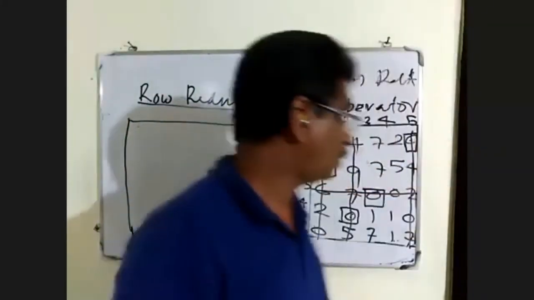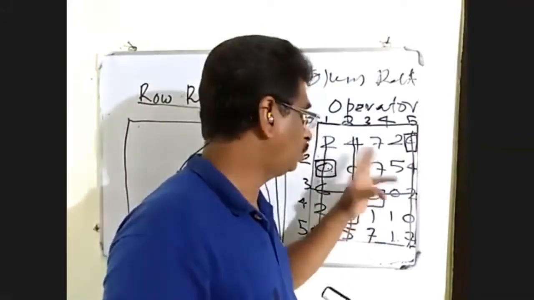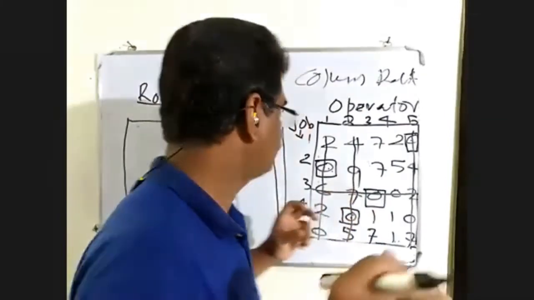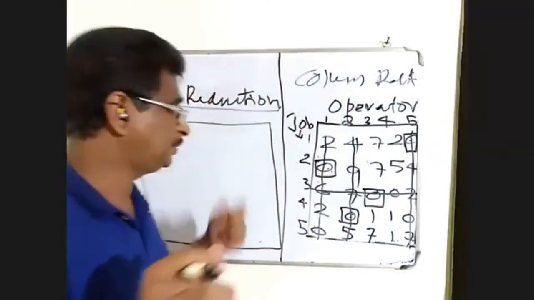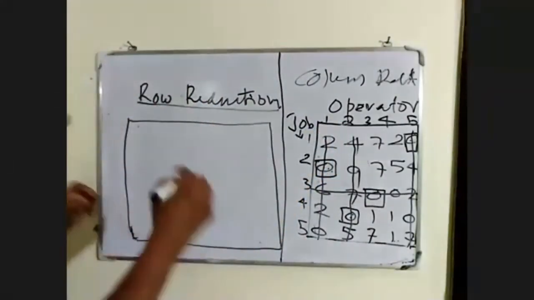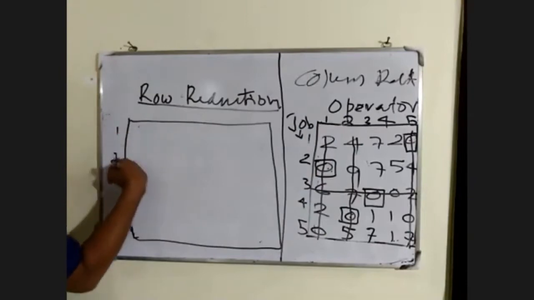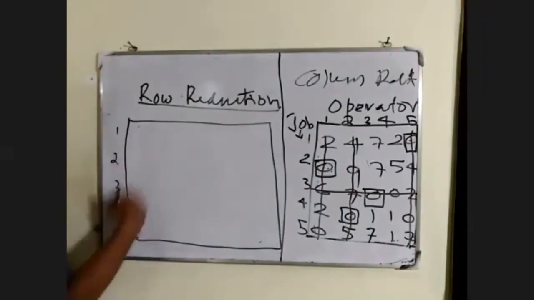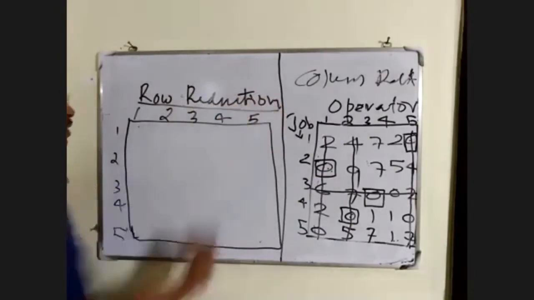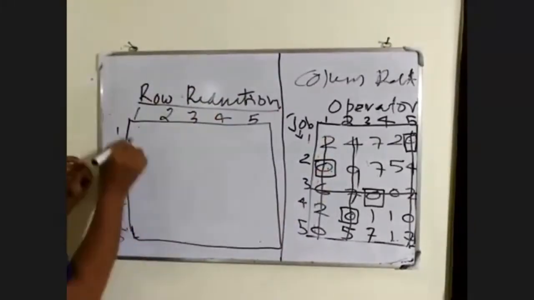Here the number of squares marked is not equal to the number of rows of the matrix, so you go to step 5. Step 5 is somewhat difficult. First of all, you have to write the lines that are cut. The cutting line values, you repeat the same here. 2, nothing you have to do.